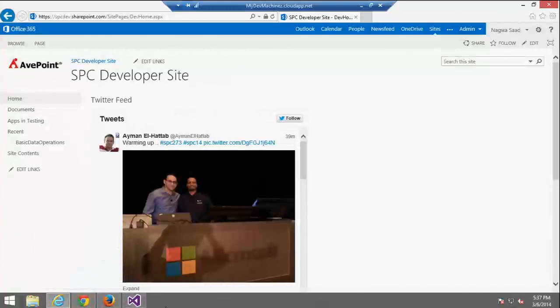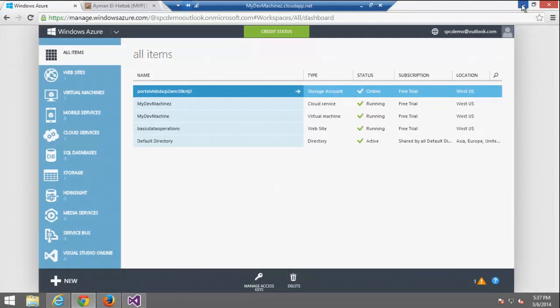In this demo, everything is all in the cloud, which means that my TFS is in the cloud. My target environment is Office 365. Even the provider-hosted component will be in Windows Azure. Even the virtual machine that you're seeing now is a Windows 8 virtual machine in Windows Azure Infrastructure as a Service. We are at the mercy of the internet connection. Fingers crossed. We have videos as a backup. Don't worry.